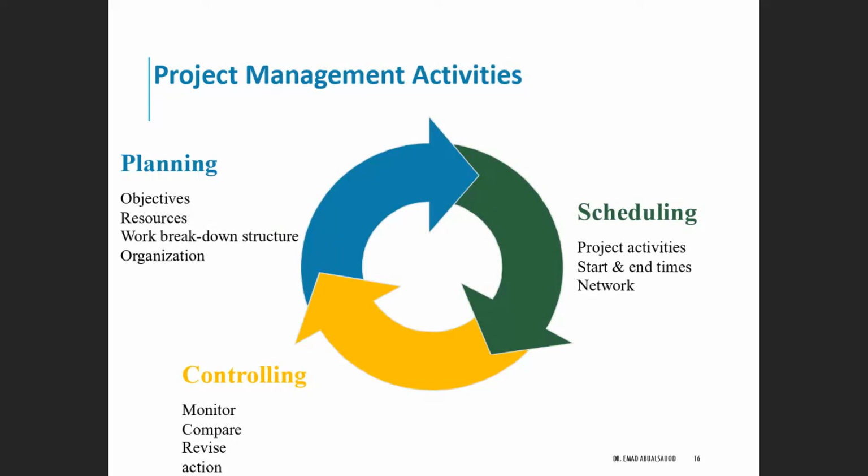Now, the list of activities that could come under those three major activities, planning, scheduling, controlling, is more than what we will cover today, but today we're covering the most known and the most frequently used, regardless of the type of project. For example, for the planning, we identify the objectives, resources, work breakdown structure,